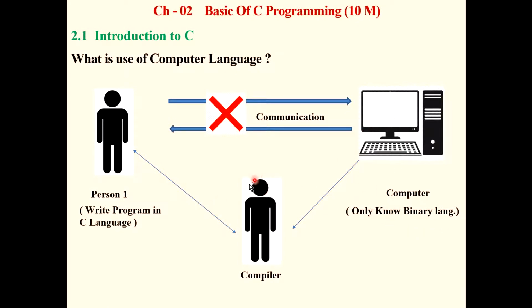So for that there is a compiler. The compiler is also one machine. It is not a person here. It is one machine, and that machine converts human language into computer language and computer language into human understandable language. So remember this is not a person, this is a compiler. The C compiler we use in practicals also. This way we can perform the communication in computer language. So this is the basic about the use of languages, general language and computer language.